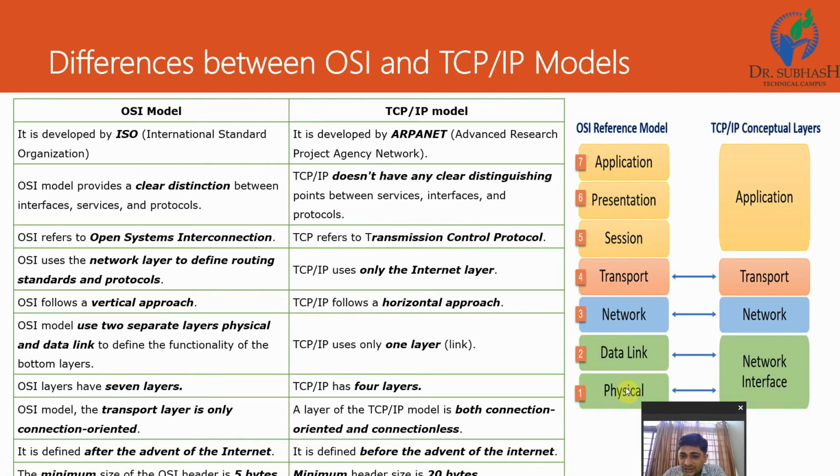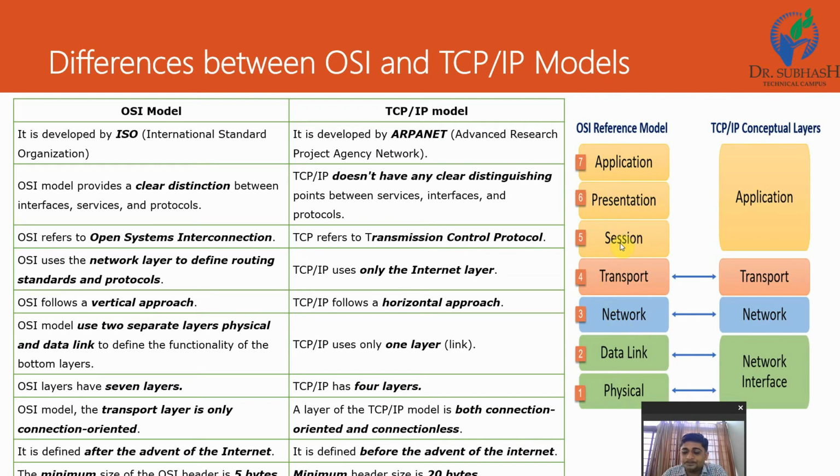In the OSI reference model, we have 7 layers: physical layer, data link layer, network layer, transport layer, session layer, presentation layer and application layer. This we already learned. Physical layer deals with data communication, that is your actual data transmission. Data link layer establishes the connectivity. Network layer creates your connectivity with file transmission. Transport layer provides your transmission.